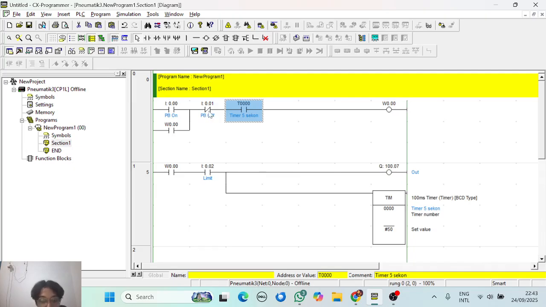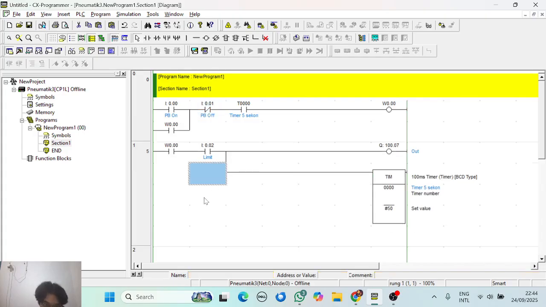We add some value like a 0 to make the system totally off. If we press the push button off, it will totally make the circuit off.